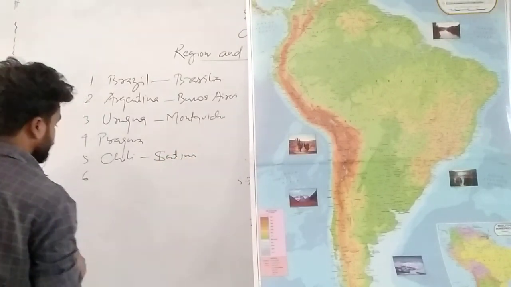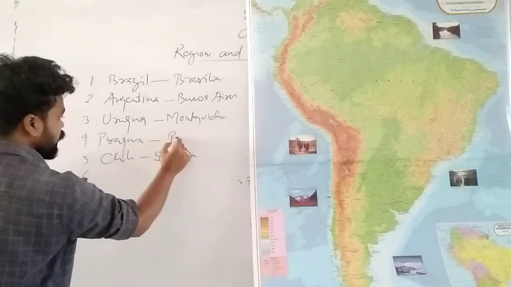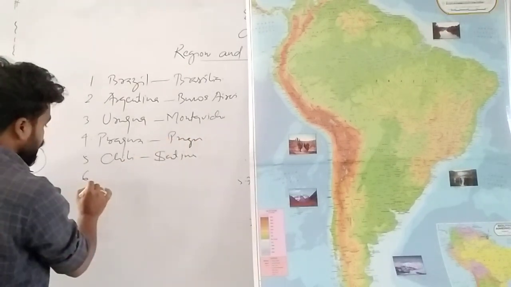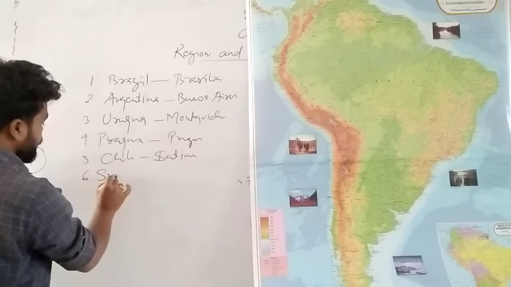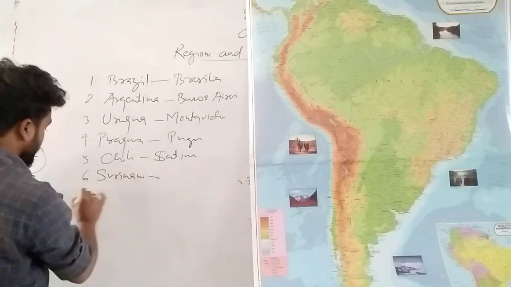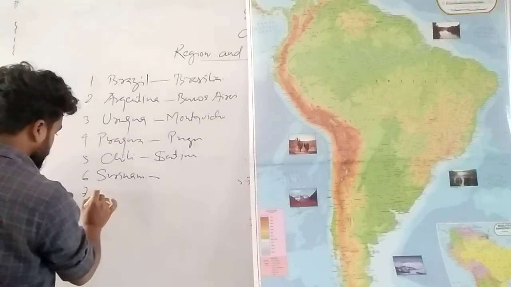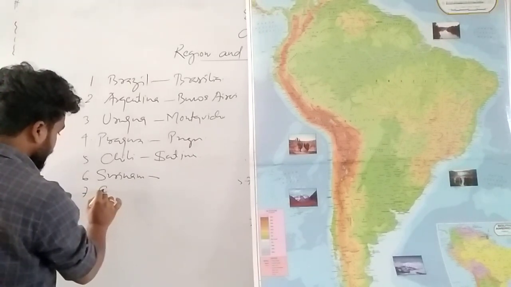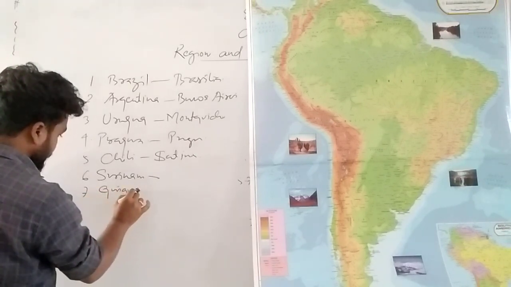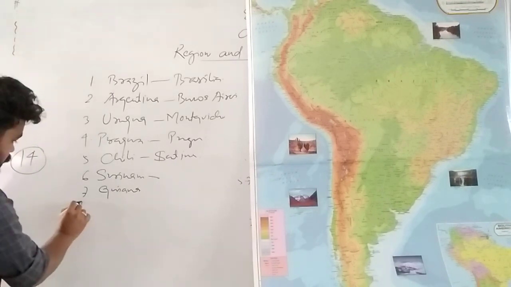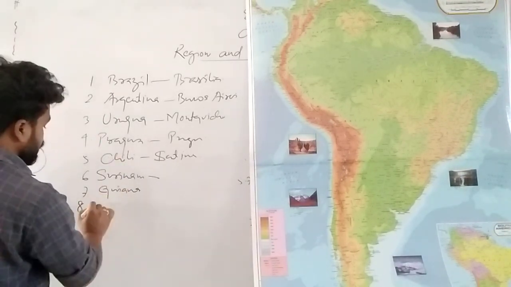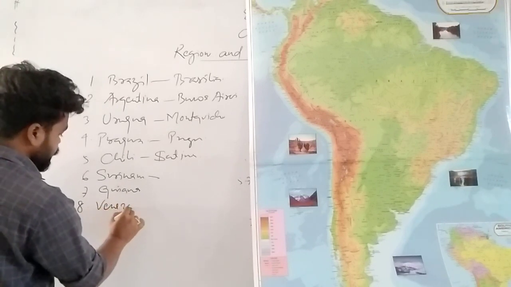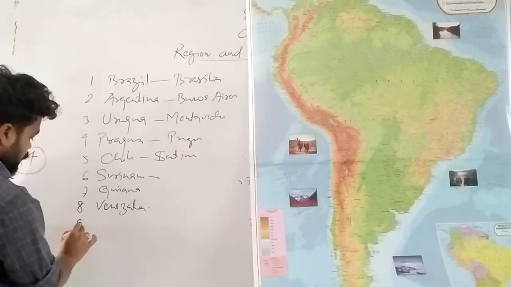Sixth, Paraguay. What is here? Suriname. Again Guyana. Then what left? Venezuela, then Peru,